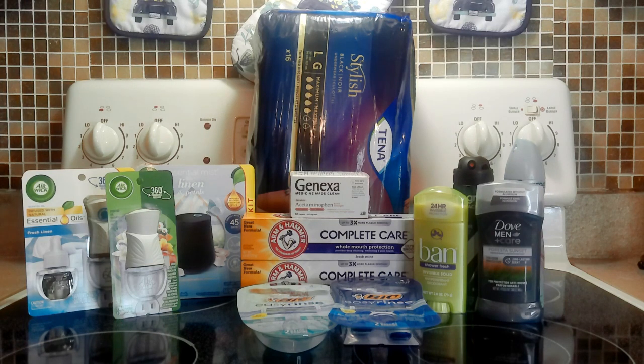Hello everyone, I'm coming back to you with my Walmart household HBA haul. This was a big one for me. I picked up 13 items in this transaction, so it was pretty large for me. But I did at the end have issues with coupons, so I'll tell you that at the end, and I have one clearance find, and I will reveal that one at the end. So let's go down,